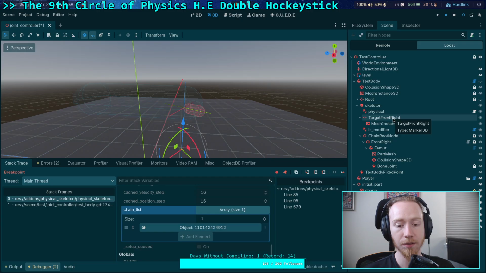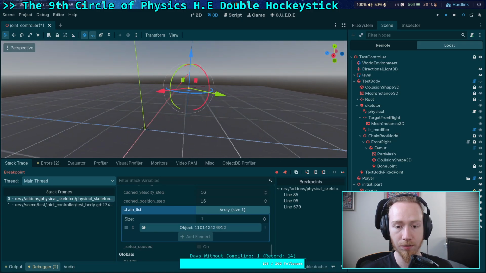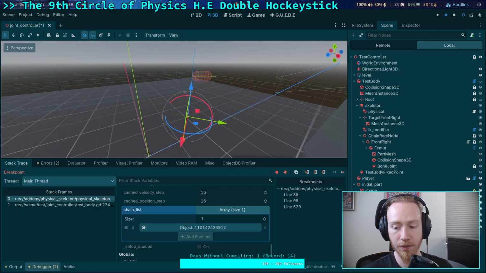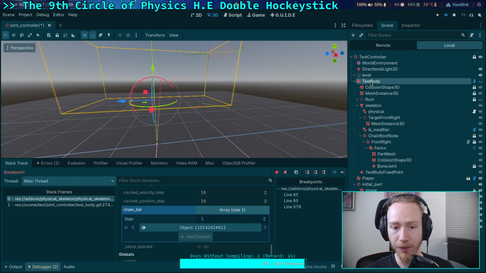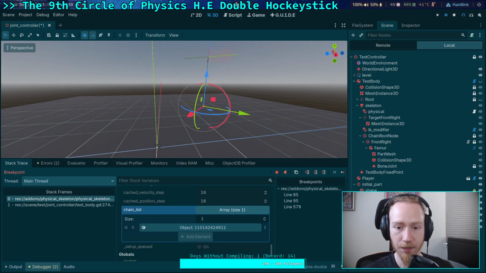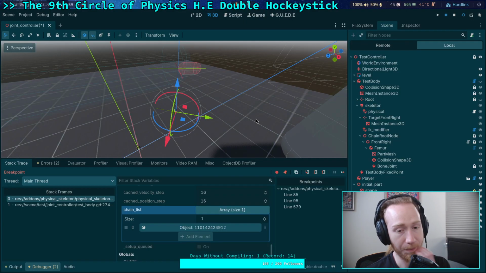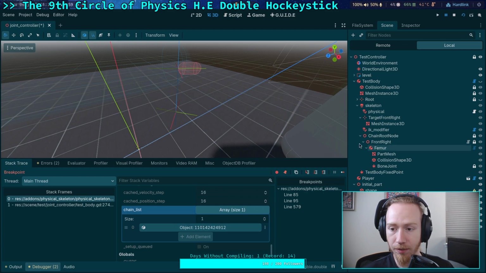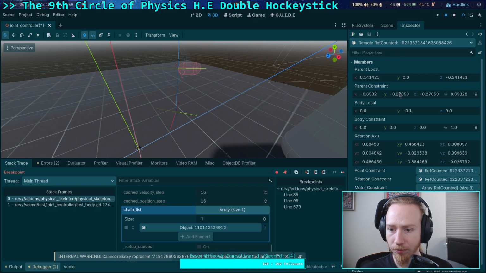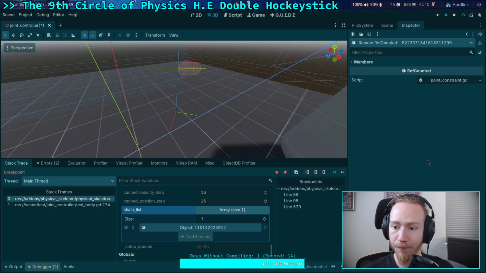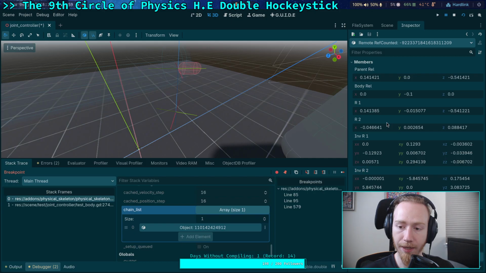Okay. This might be where the issue is then. Because this should be relative to center of mass, and it may be taking it relative to the origin. Maybe not. Let me look at this instead. Part constraint, point constraint has